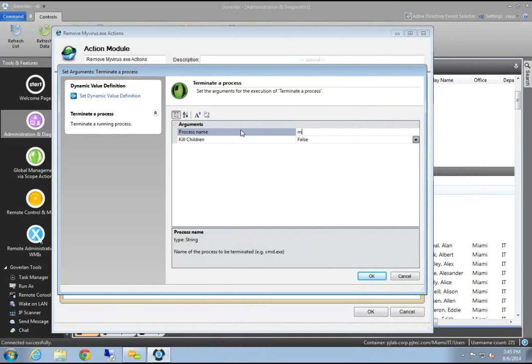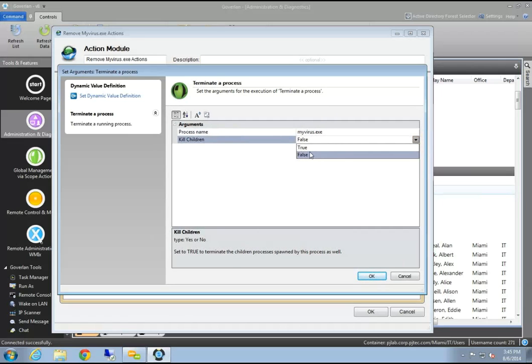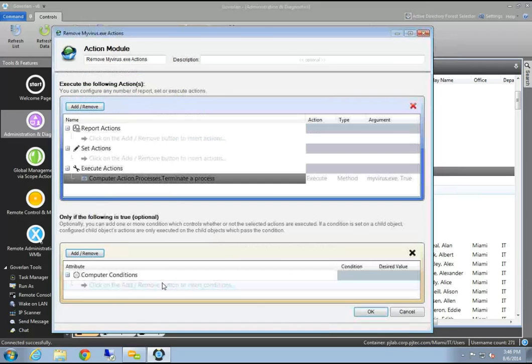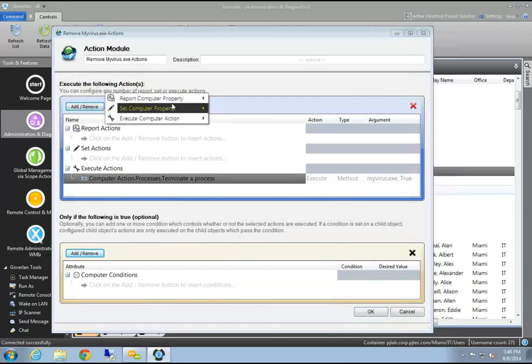I'll tell it it's myvirus.exe. And if you want to kill any of the children, that kind of sounds mean. We're actually going to reword that. But what we're doing here is we're telling it to kill any child processes that have been opened by this exe as well. So I will do that first. Then I want to